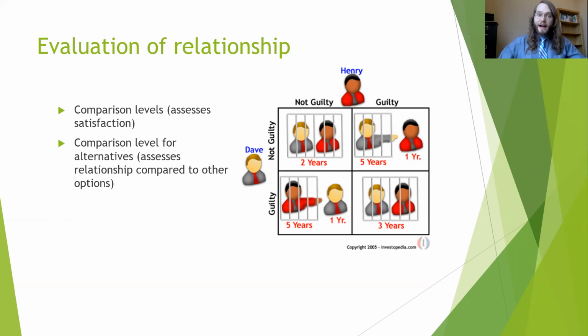In that example, while it's the most strategic for both to confess, potentially an issue of trust is an important consideration in relationships. That we might compare our relationships to other alternatives that exist and consider whether our relationship is worth keeping compared to another relationship we have, like on a show like The Bachelor, or nothing at all. Sometimes a toxic or negative relationship is worse than not having that relationship.